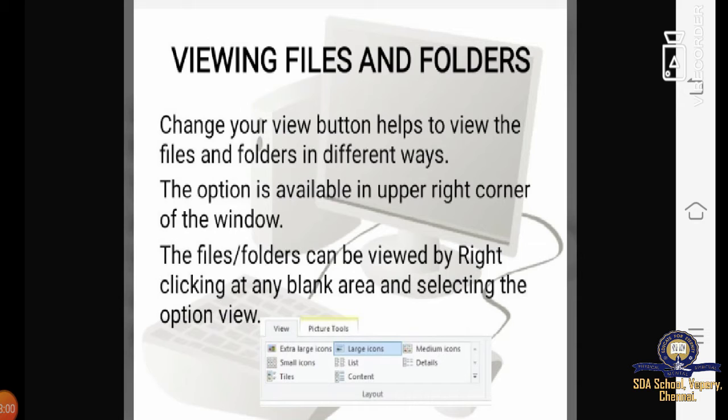If you want to view any files and folders that you have saved in the previous class, you first have to view your files and folders.